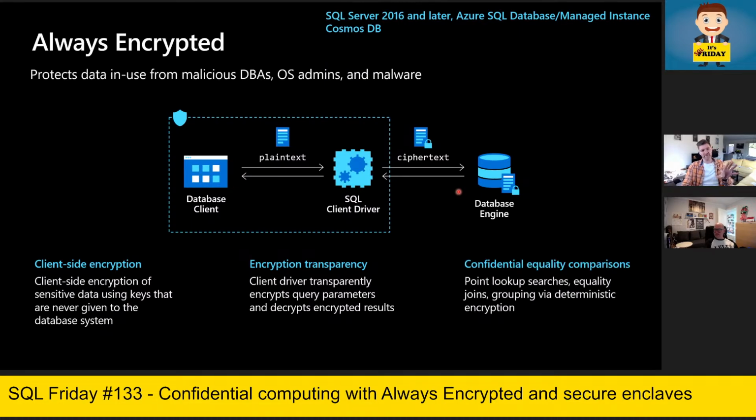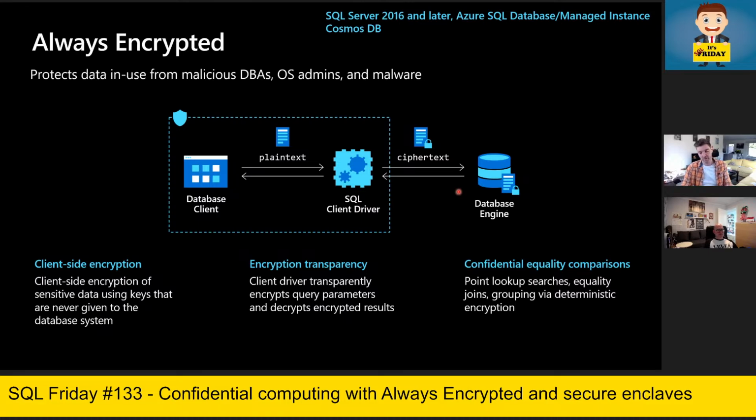Now, with this first version of Always Encrypted, you had strong encryption, but you were limited to the flexibility that you could have with encrypted columns. For example, you could use an encrypted column in a where clause, but you could only use equality. So you could only say where encrypted column equals a specific value. So this was not really flexible. You could not use joins unless you were using deterministic encryption type. So good encryption, but you were quite limited to the things that you could do with an encrypted column.